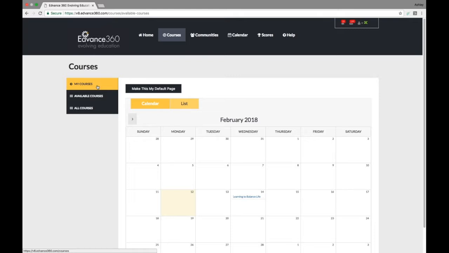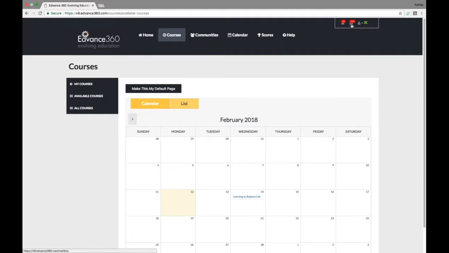Now, if they have chosen a course that is full, instead of a register option, there will be a waitlist option, where they can select to be on the waitlist and select OK. That will send them an automated email through their messaging center up here on the top right, letting them know that they have been successfully added to a wait list, if that's been turned on by their facilitator, and that they will be notified personally when a seat opens that they can now participate in. All of that